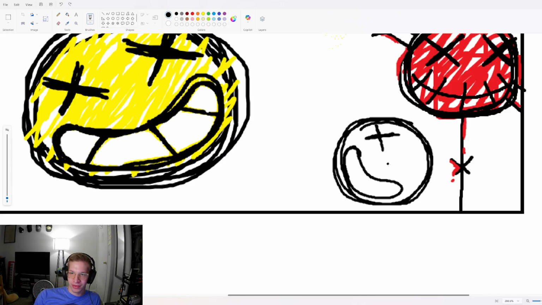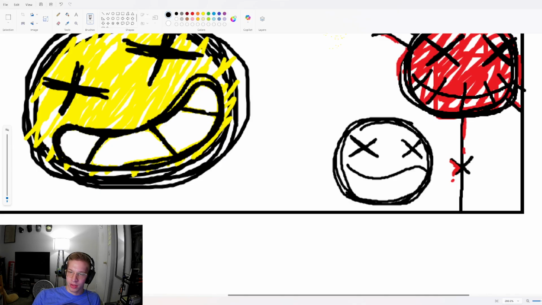Should I just draw him upright? Let's try drawing him upright. Keep the circle. Okay. His eyes might be a little too low. Big ol' mouth to hold his chompers. And then, boom, big ol' fang. We might make it go off the screen. He's going to be biting into the bottom of the screen. No. Boom. I feel like his fangs don't look very fangy and sharp, like they're supposed to be.